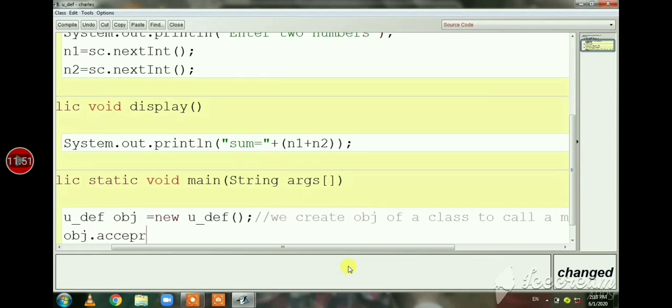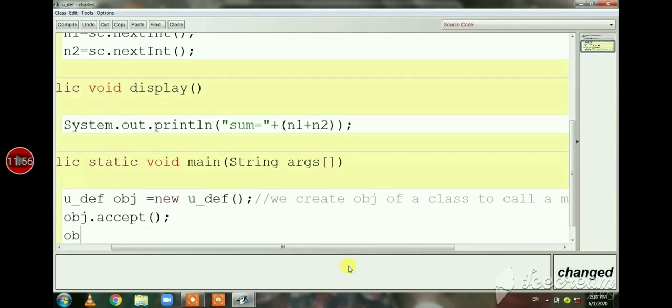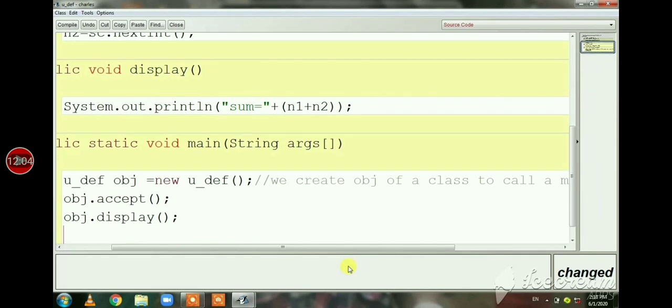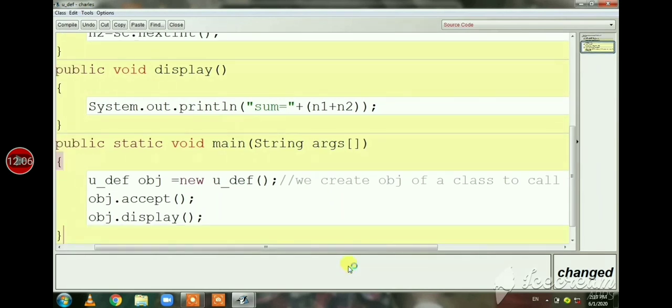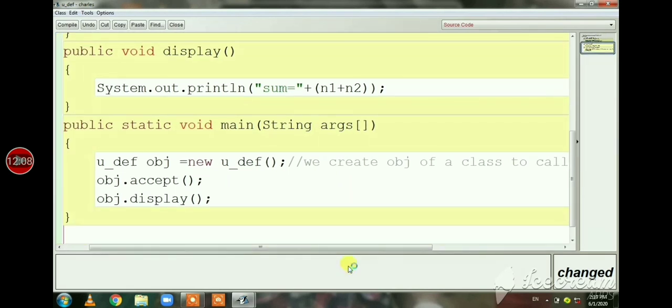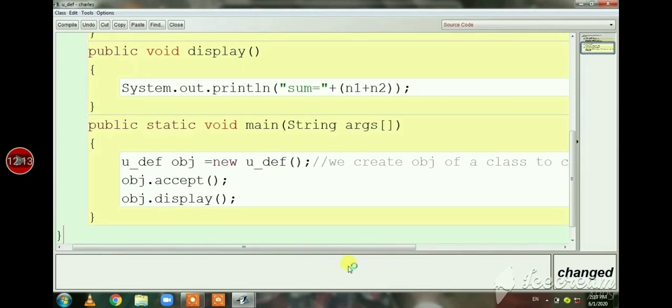So object dot accept. In the same way I am going to call the display method also. So object dot accept and object dot display are known as invoking a method.